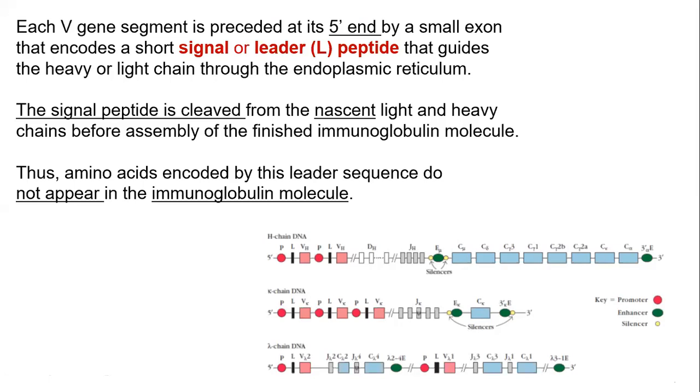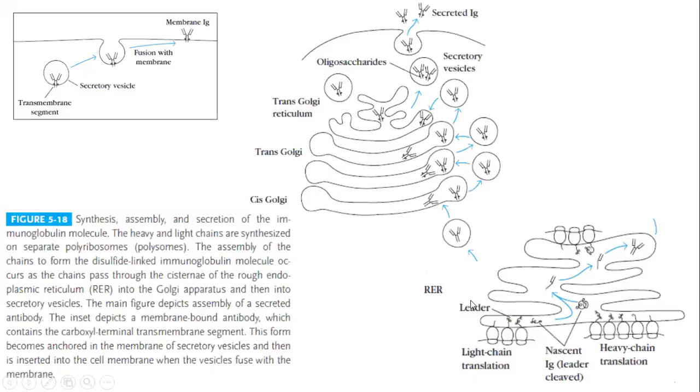We will see that. The signal leader peptide from the nascent light and heavy chain will help in the assembly and transport of this nascent immunoglobulin polypeptide. How does it do that? It's a signal processing mechanism for synthesis, assembly, and secretion of the immunoglobulin molecule. Initially, you are looking at a cell compartment called the rough endoplasmic reticulum, then the smooth endoplasmic reticulum. Then, in terms of localization, how this specific IgG produced here moves to the membrane of the B cell.